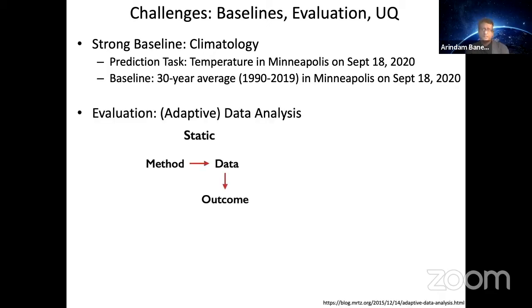The other thing that happens in forecasting models is that, given the data, we are supposed to apply a method to the data and get the outcome. What we often end up doing is that given the data, we apply the method, we get the outcome. We look at the outcome, we don't like it, we come back and tweak the method and apply it again to the data. And this goes on till we are happy.